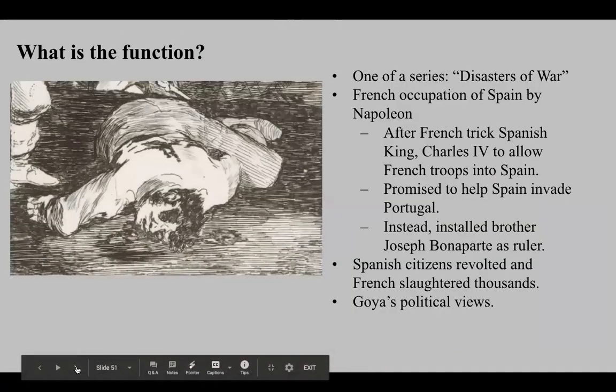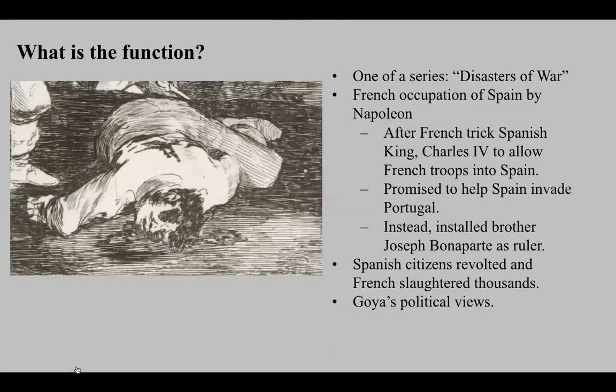Right? So, the function of this. This is one of a series, like I mentioned, based on the disasters of war, and it's based on the French occupation of Spain by Napoleon. So Napoleon basically came into Spain saying that he was going to go in and conquer Portugal. He goes, can I come through and conquer Portugal? And he instead turns and